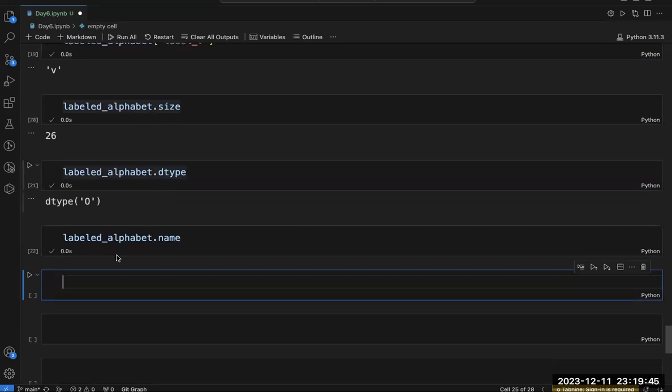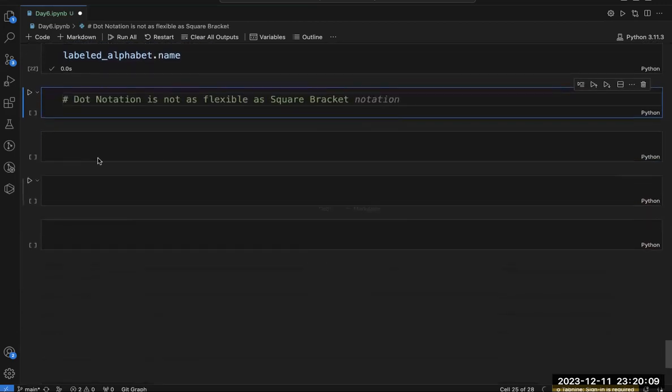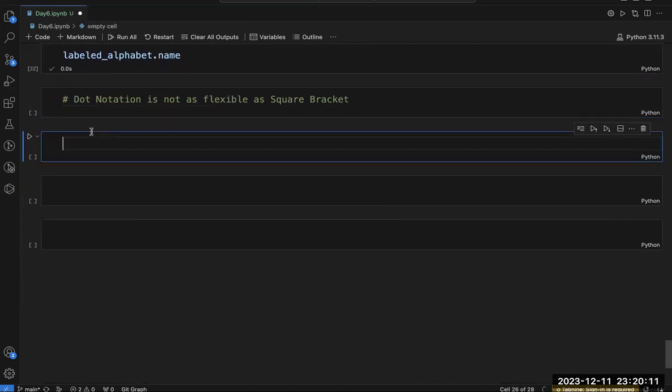Let me write it here: dot notation is not as flexible as square bracket. We will understand this with the help of an example, otherwise you will not get it.